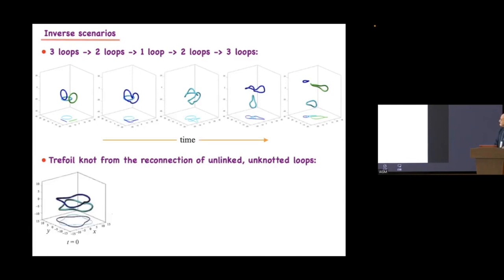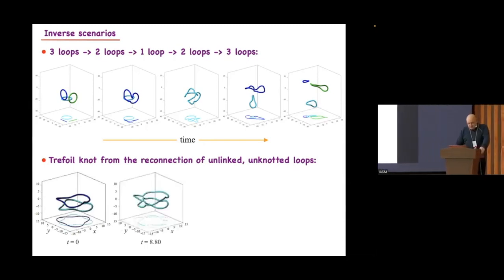Similarly, for the formation of a trefoil knot, remember the experiment by William Irvine. You start with the trefoil knot and you see the decay towards loops. But we are doing computer simulations. We can prescribe the initial conditions at will. And what is the result of a particular meticulous prescription?